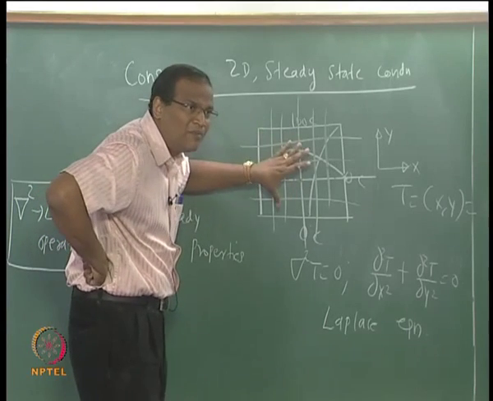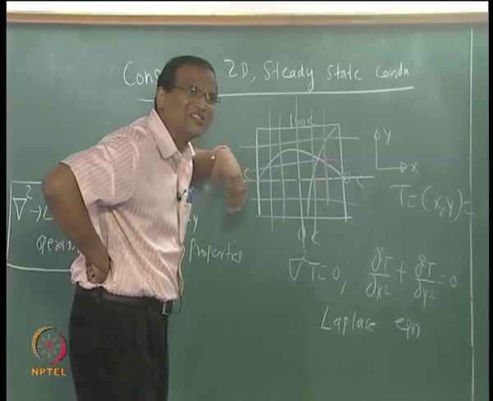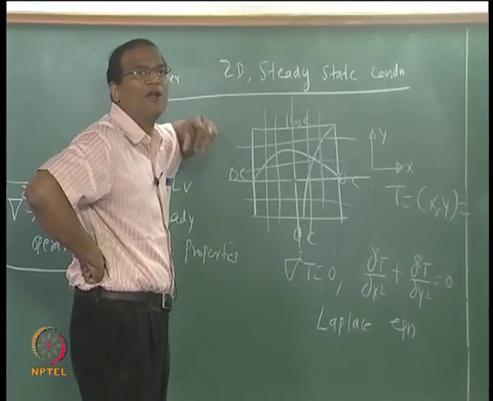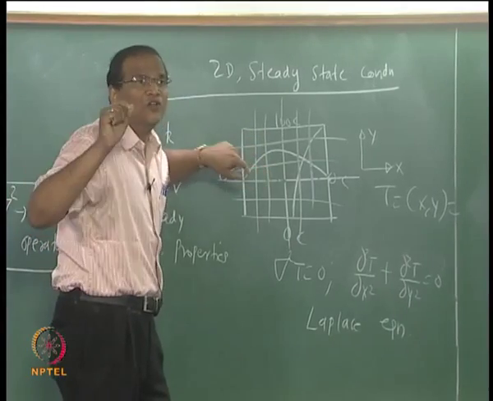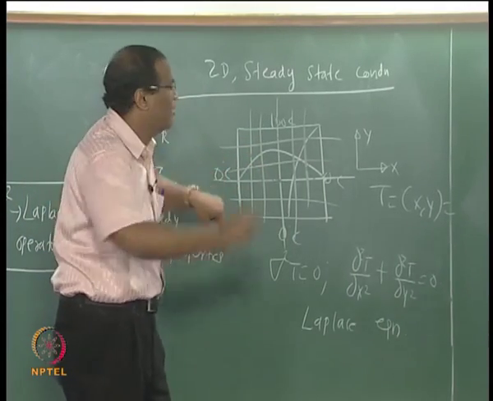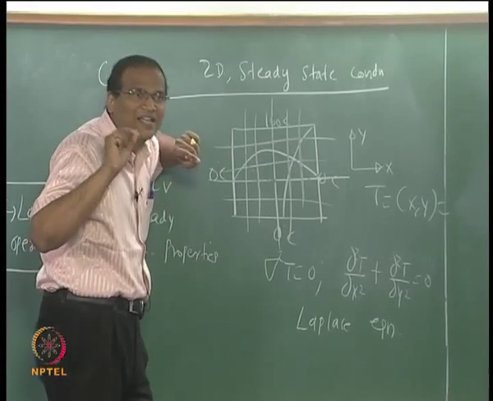This is a trivial problem for which an analytical solution is possible. In those cases where an analytical solution is not possible, you have to turn around, go back to literature and find out how other people have done experiments and got the solution. So if your numerical solution agrees with those experimental results, then you have a scheme which is grid independent, which is also validated.